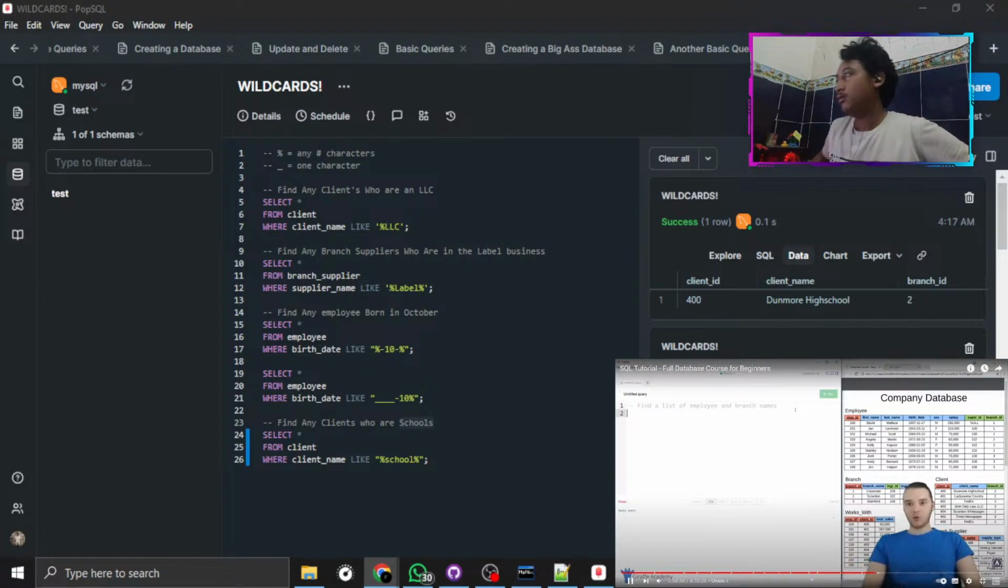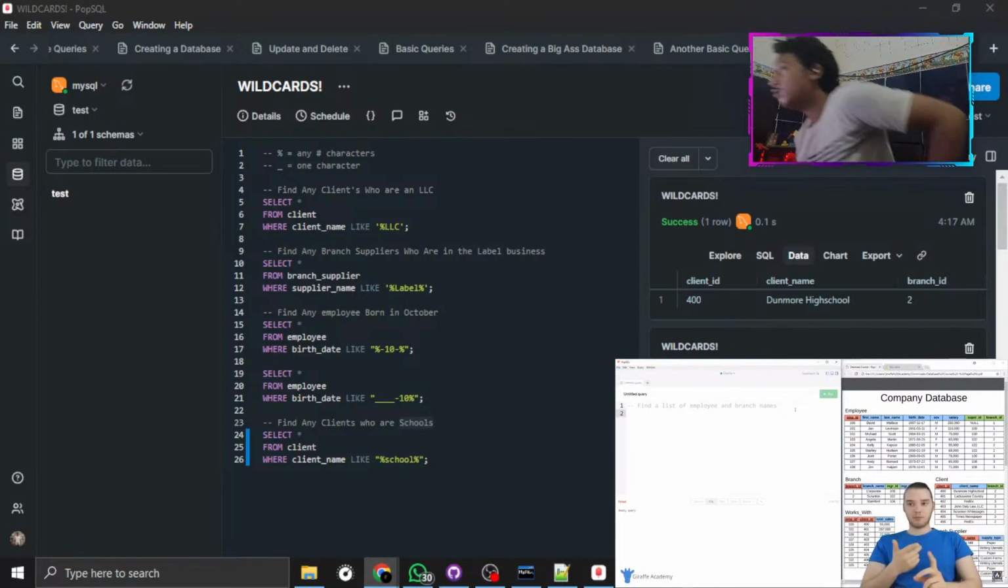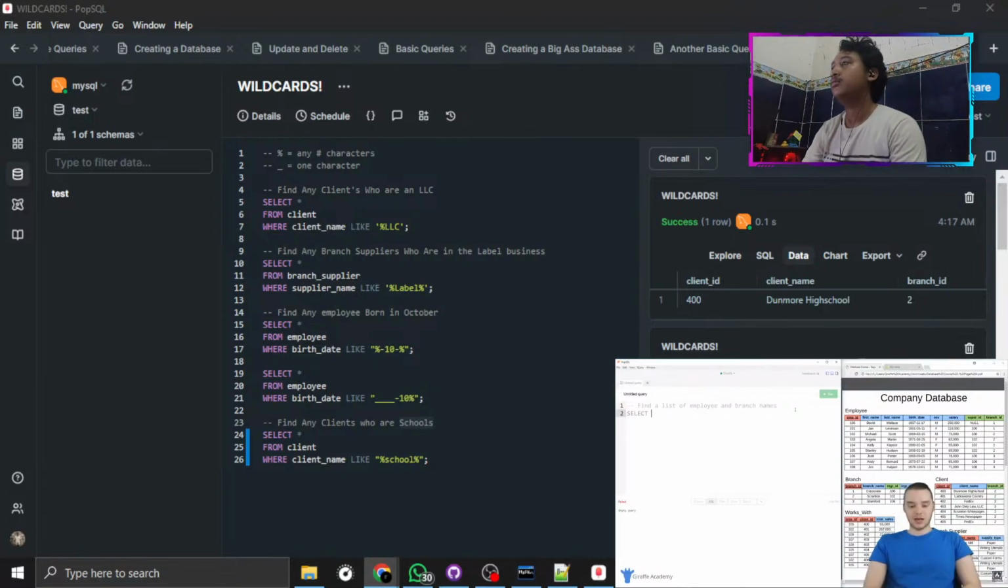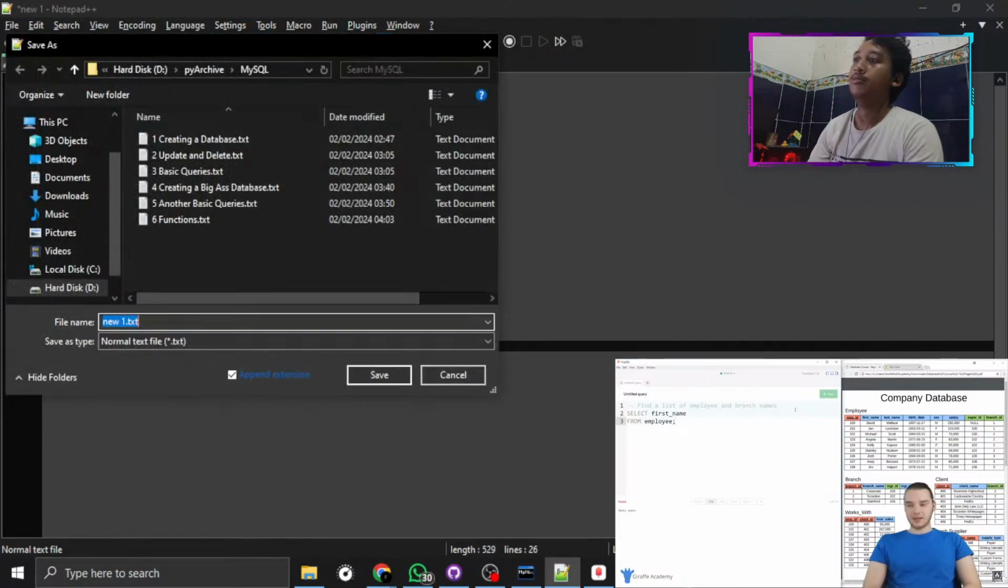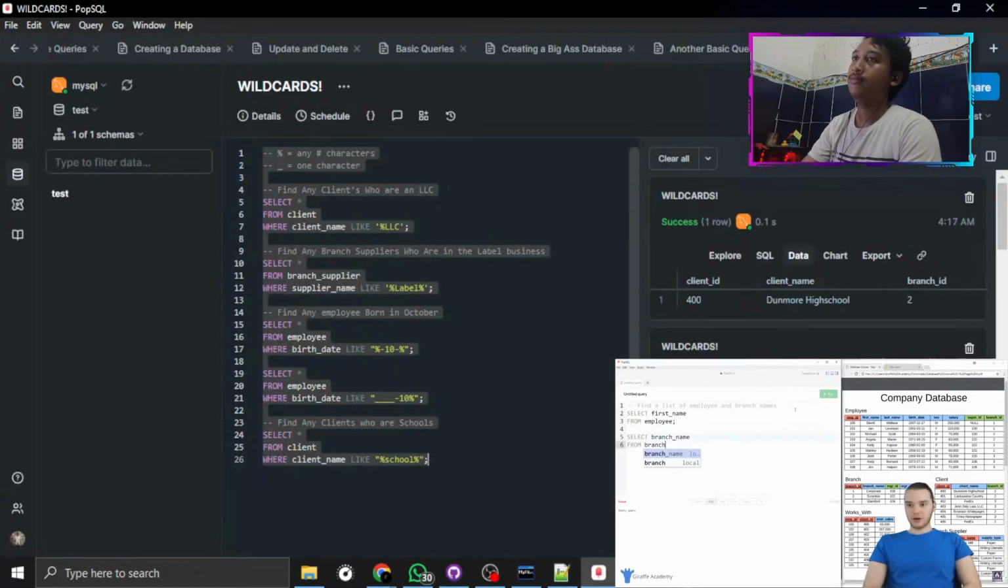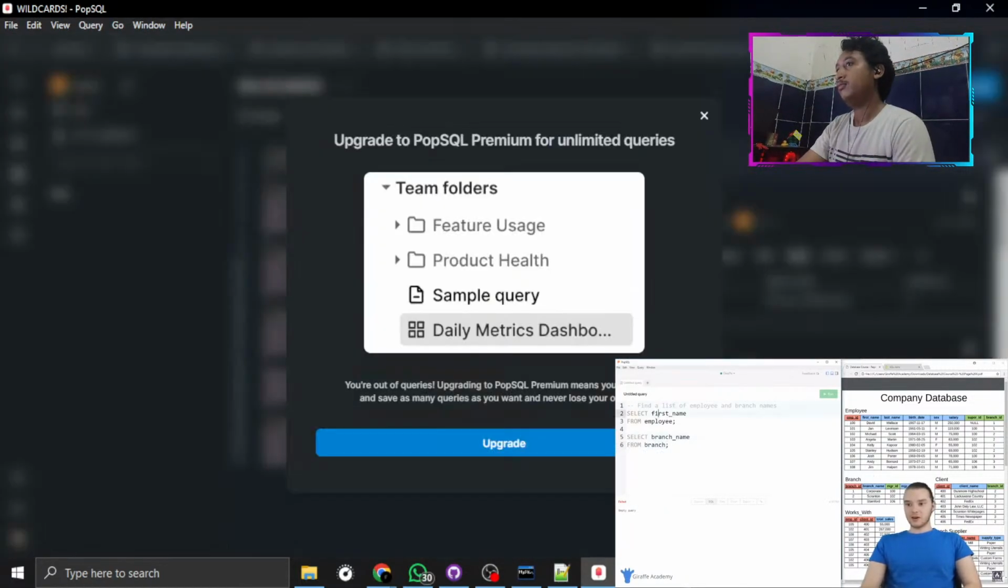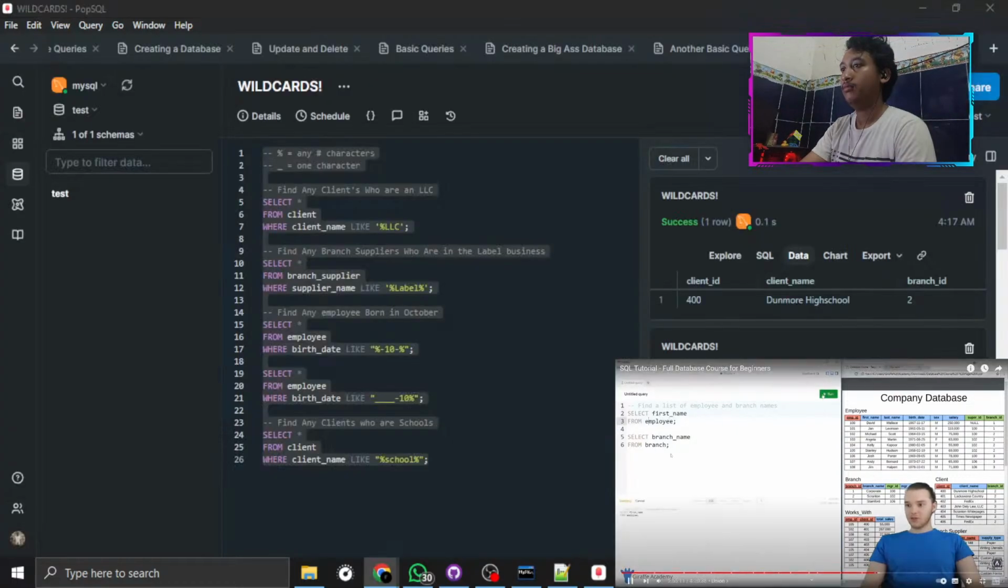So first thing, why don't we see how we could grab just the employee names and just the branch names. If I wanted to just grab the employee names, I could just say select first name, and why don't we just grab the first name from employee, right? So that's pretty easy. We're just getting all the first names from the employees. Let's do the same thing for branch name. So I could say select branch name from branch, right? Again, pretty simple. So this over here will give us all the names of the employees. So if I was to just run this,